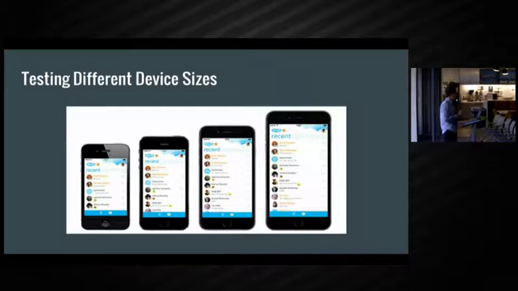So the framework has built-in support for this. You can provide globally or on a per-test basis a list of view sizes that you want to test your views on. As it runs the test, if you specify 3 view sizes, it's going to run 3 times as many tests on these different sizes. The main idea with this is that these tests are going to run really fast, and hopefully this should help you reduce your reliance on automation tests and manual testing. So at the very least, you'll have a bit of confidence that your views are laid out correctly on all these different device sizes. So you might be more comfortable not testing every single device type, for instance.